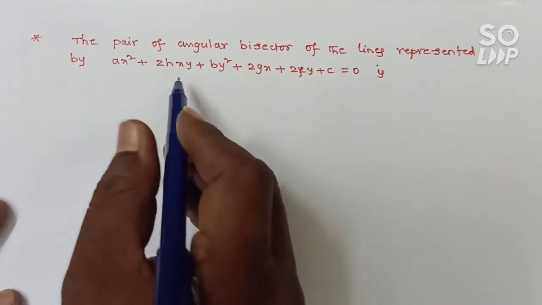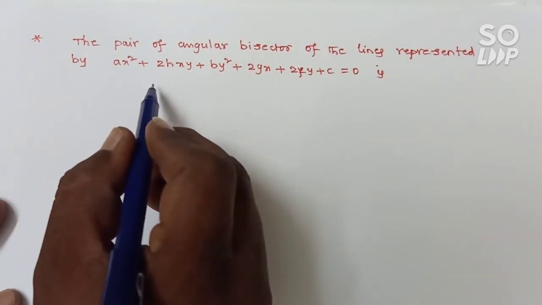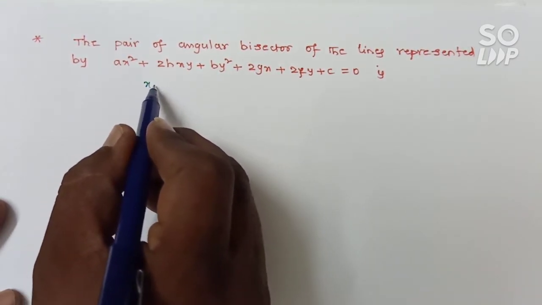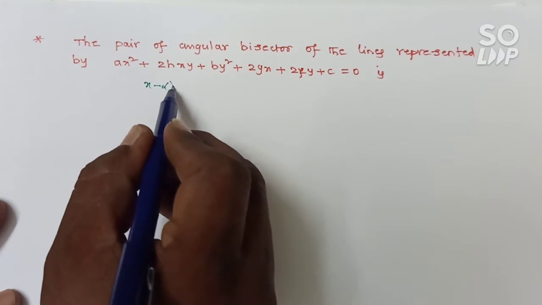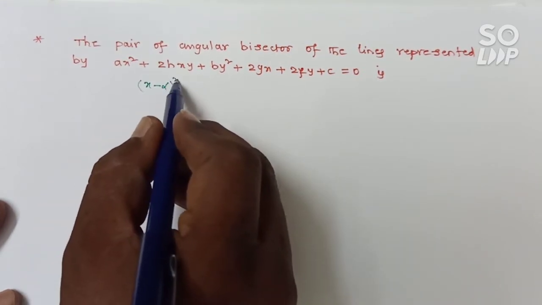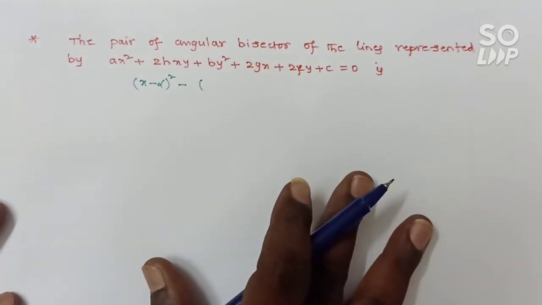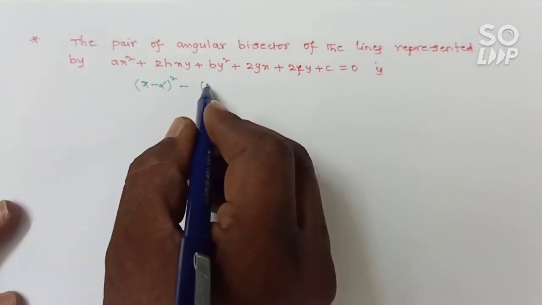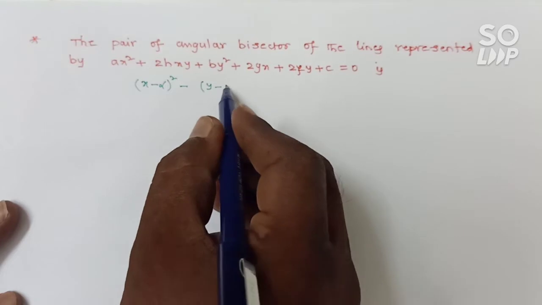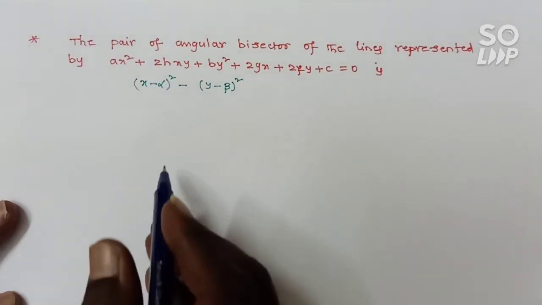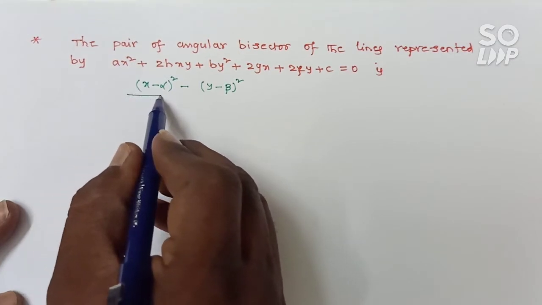So according to that formula, here for this equation, x minus alpha whole square minus y minus beta whole square, whole divided by